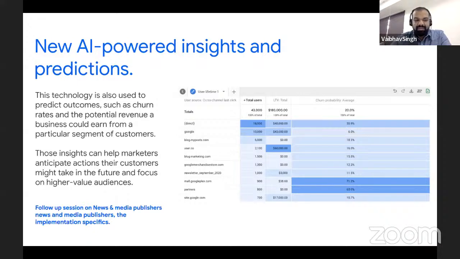And we would be doing a different follow-up session on how predictions can actually help you to grow your brand and grow your website traffic. So please keep following the same space. We would inform you in the upcoming session, specifically on AI-powered insights and how you can use those predictions inside your website and other business.